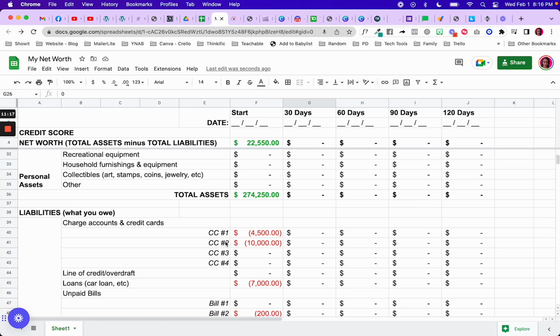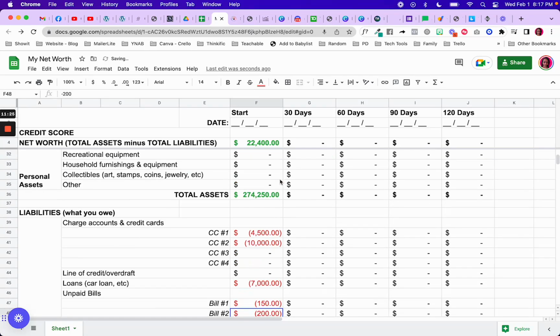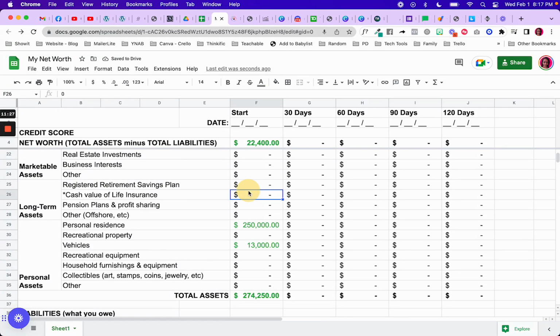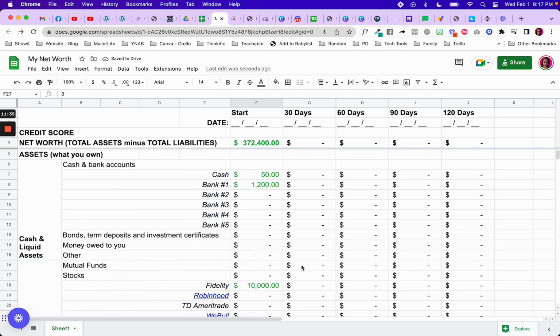We want to see how to actually increase that. What can we do to make things better? So let's go ahead and put that 350 back. And then that is essentially how you calculate your net worth and use this template. Now, the one thing that I will say